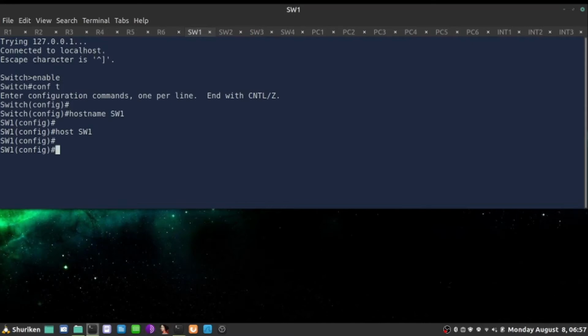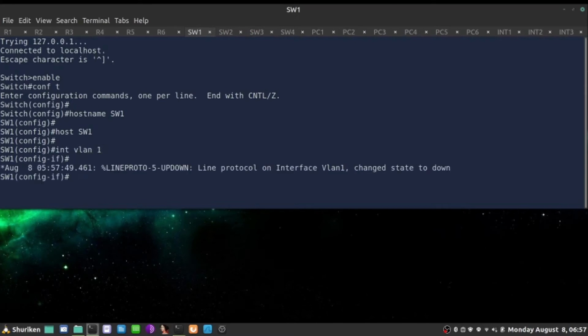The second thing I'm going to do is enable the interface, let's say VLAN 1, my default VLAN. This is called an SVI interface, switch virtual interface. I'm going to enable an IP address for management purposes. Normally in production it would definitely not be VLAN 1, but we'll take care of that at some later point. So for now I'll go IP address, and actually, let's go 10.1.1.10 with the network mask